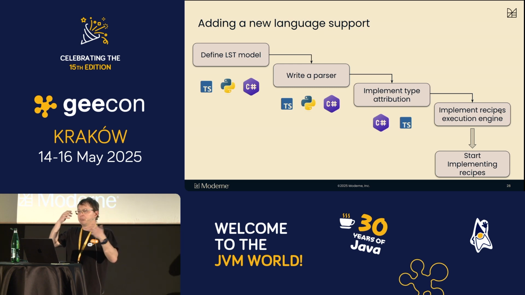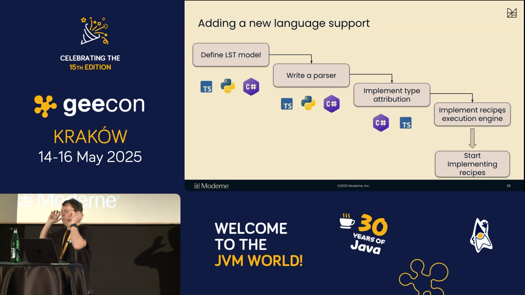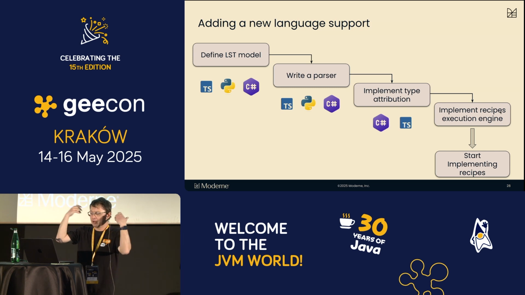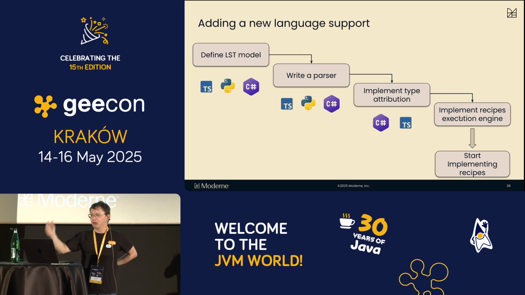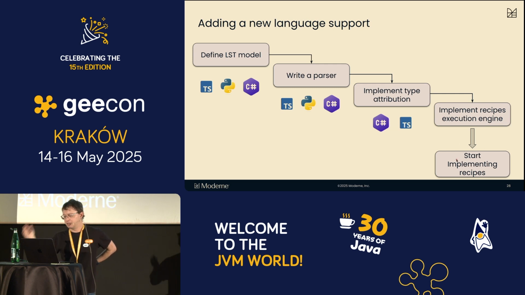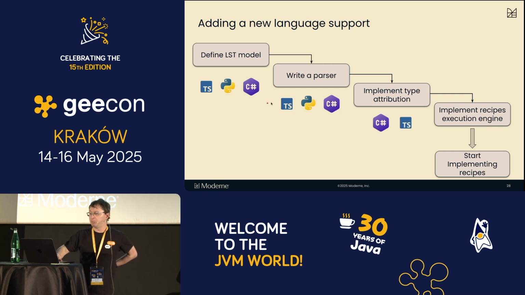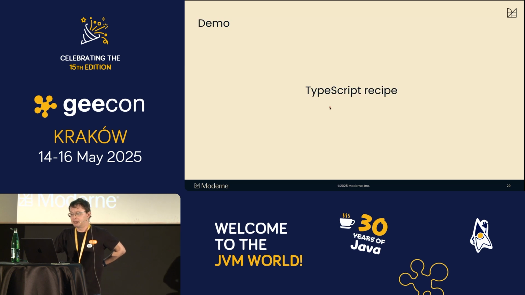You should provide some templating mechanism where you can write the code snippets that can be put into the new LST tree and so on. So it's tricky work and will consume time. And only after the recipe execution engine is implemented can we start implementing recipes for particular languages. I will show a quick example of